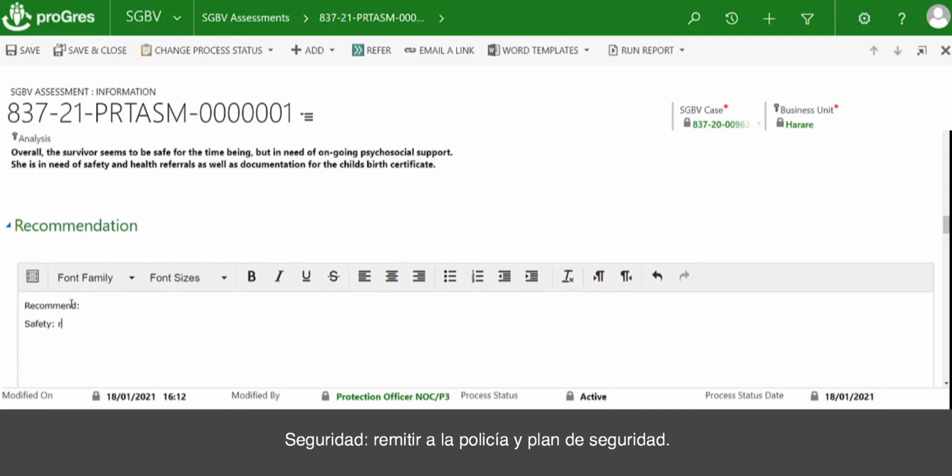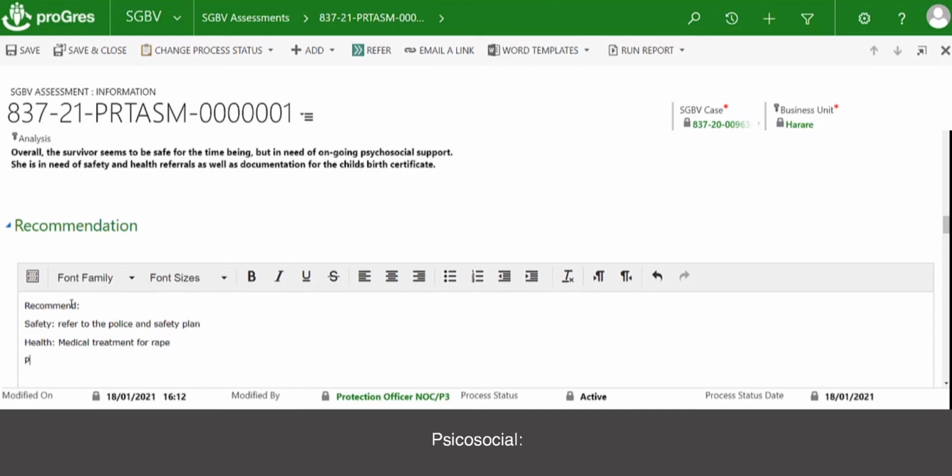Safety, refer to the police, and safety plan. Health, medical treatment for rape. Psychosocial, trauma calming techniques, as well as weekly